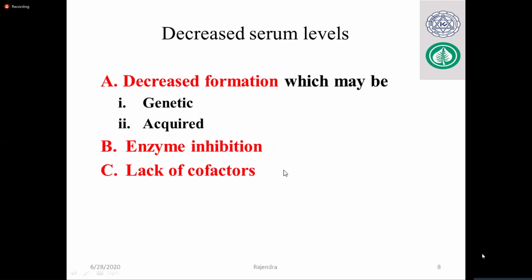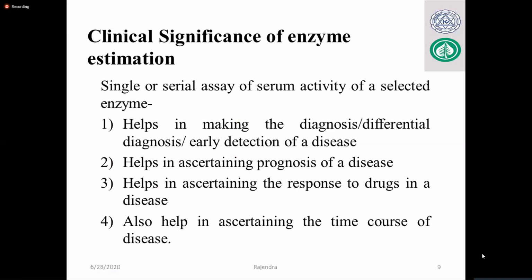It may be high, it may be low. Mostly we are getting high, but it doesn't mean that we always get high. There are many things we get low. Suppose there is a liver disease, and if we measure protein or albumin, there is low albumin because the liver is not working properly and the proteins are synthesized in the liver. That means that time we have to look for the lower value. Yes, this is a reason. What are the possible reasons behind these biochemical markers being high or low? This is the answer.